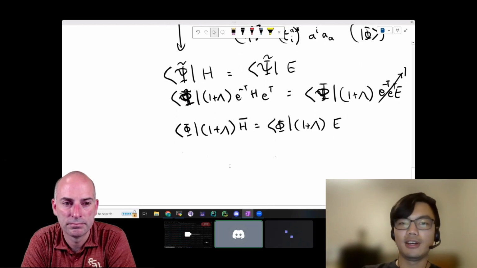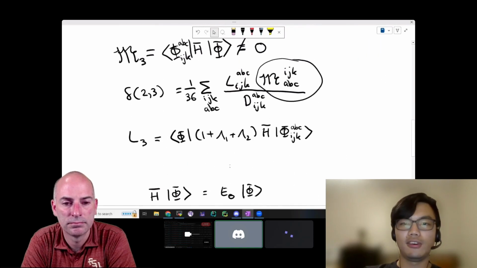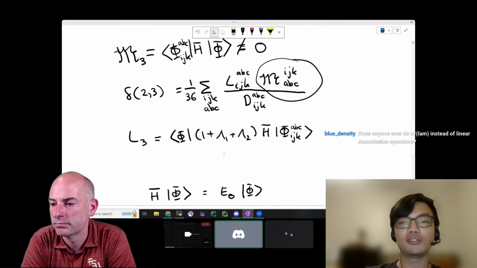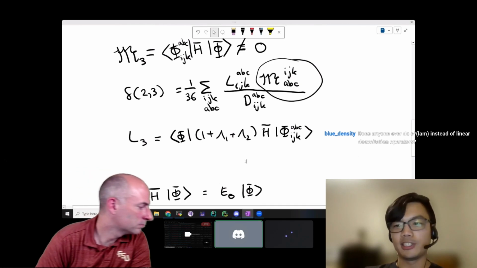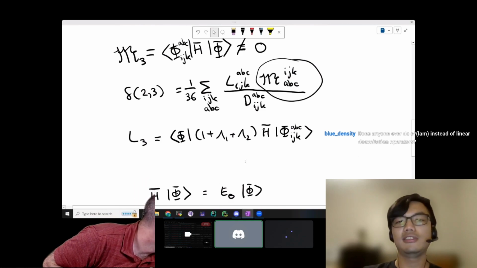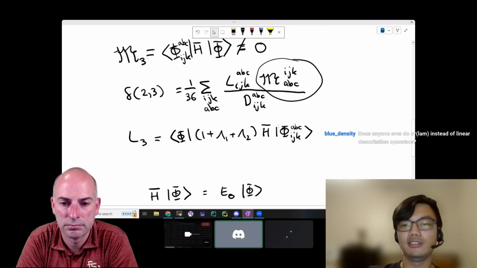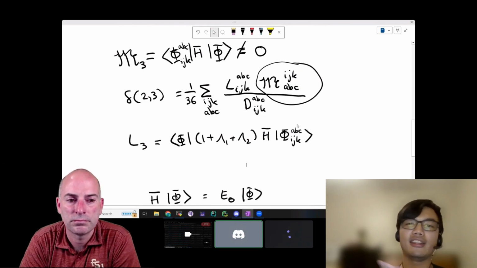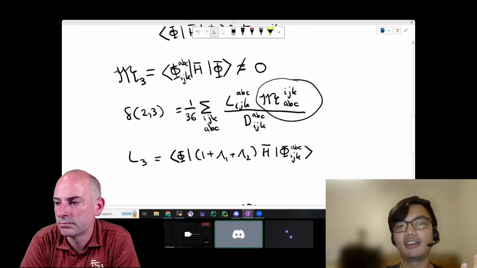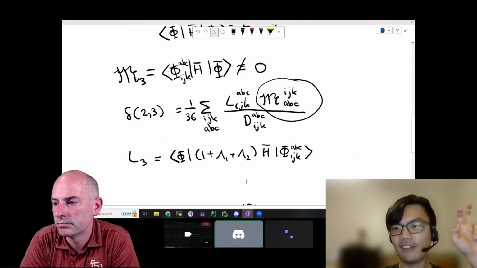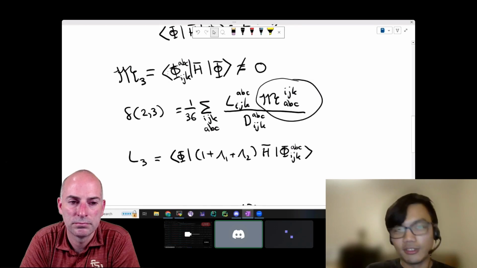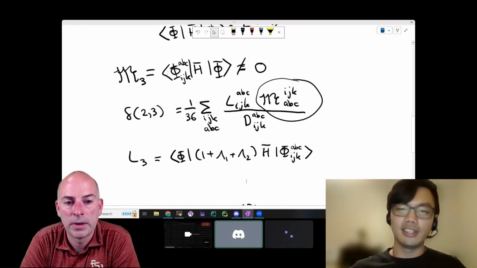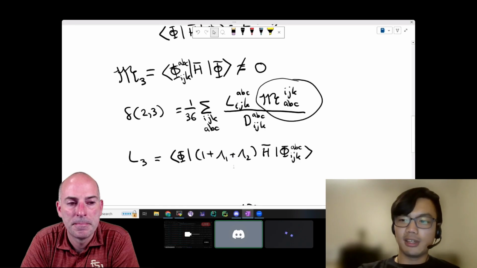Anyway, all that just to say that you have to solve for the lambda 1 and lambda 2 amplitudes, which corresponds to the left CCSD equations, right? And then you form the projection of the left CCSD equation with H bar onto triply excited determinants on the ket side. So you can think of this as the conjugate of M3, but within the EOM or within the non-Hermitian formulation. Now you have to add this 1 plus lambda 1 lambda 2